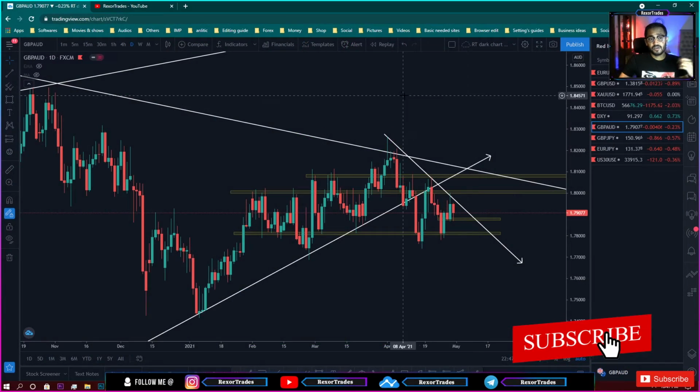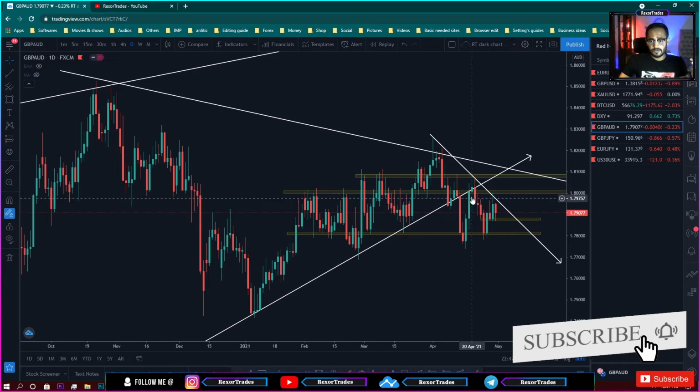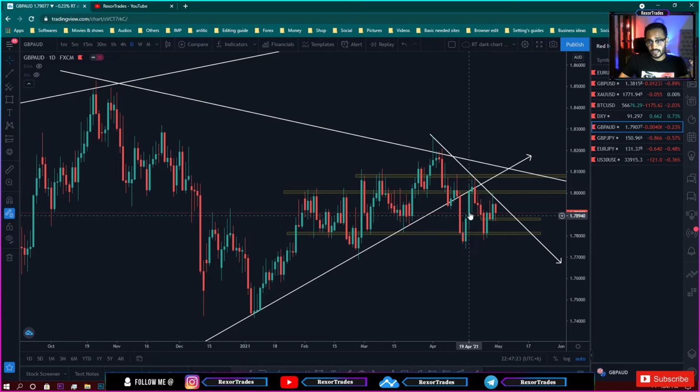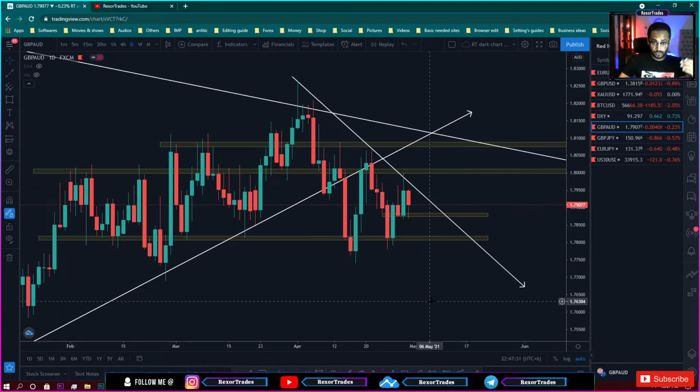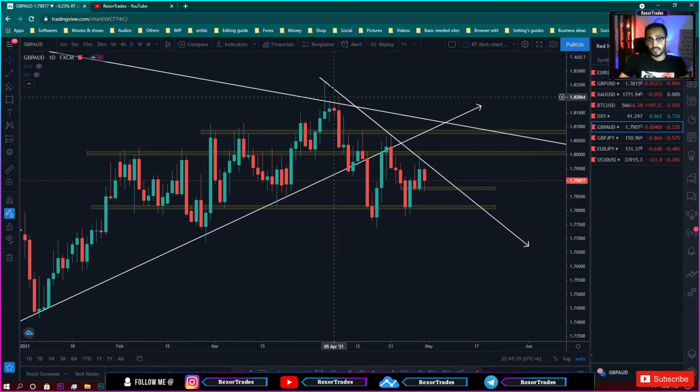So on the GBPAUD chart on a daily time frame, GBPAUD broke out of this downtrend line and then made some retests here, then again retested this zone over here, then came back to retest this zone over here. So that's what we were talking about on our last week's market analysis, that GBPAUD might make a retest towards this zone and then continue its move downward, probably as part of continuation to this newly forming downtrend